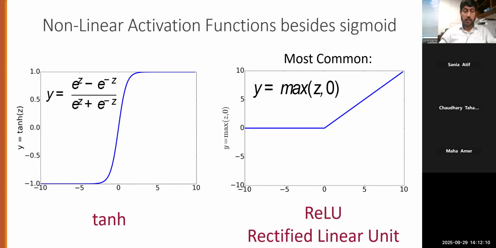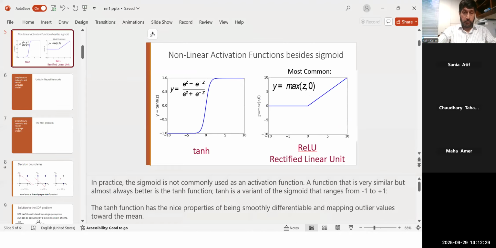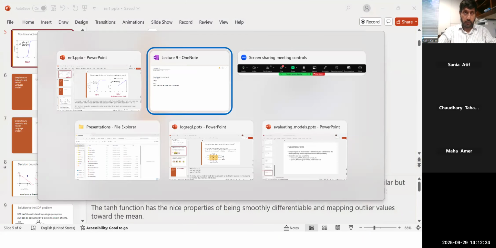Non-linear means that it doesn't retain the same behavior throughout. The behavior is changing. And of course, the tangent hyperbolic is an S function just like the sigmoid function, but now the max and min are +1 and -1. Okay? So let me discuss these two in a slightly bit more detail.